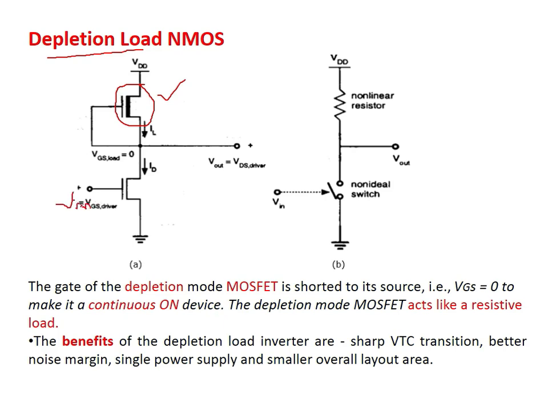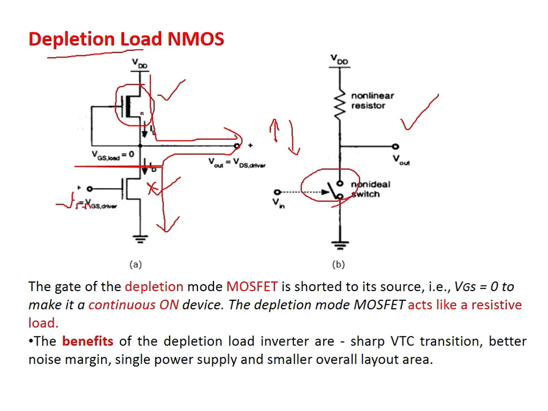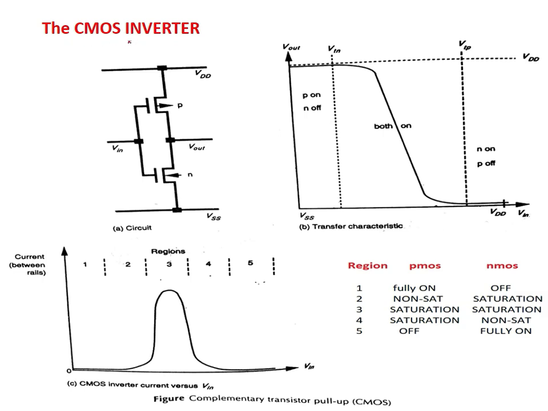If Vin is equal to 0, then this transistor is off. Whenever it is off, VDD is connected to output, hence high output. And whenever Vin is equal to 1, this transistor becomes on. Due to that, the output is directly connected to ground, that is, the output is discharging, and you will get low output. That is inverter operation. So this is the equivalent circuit. In this we are representing NMOS as a switch, and this depletion mode MOSFET is acting as a load resistor.